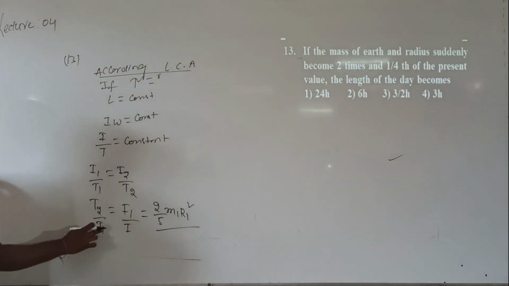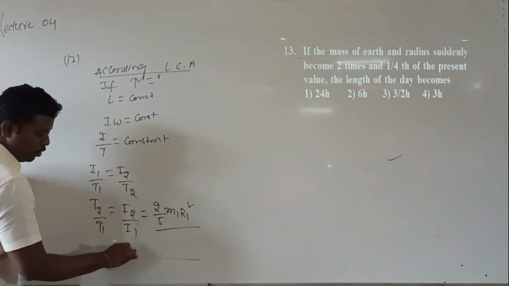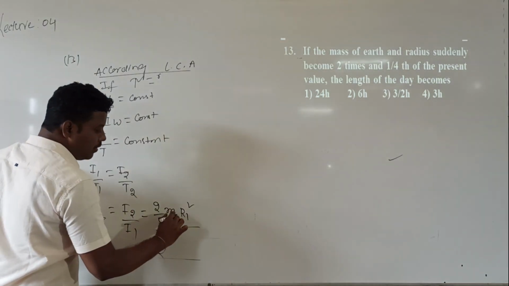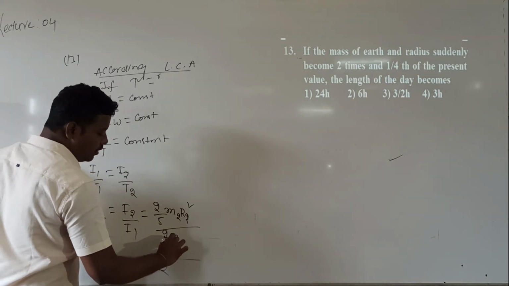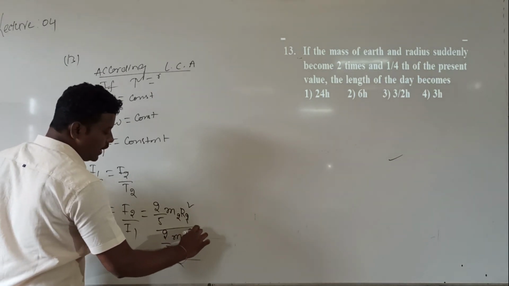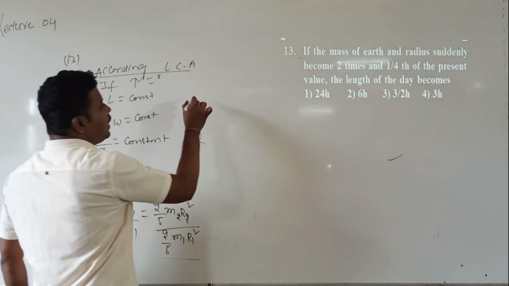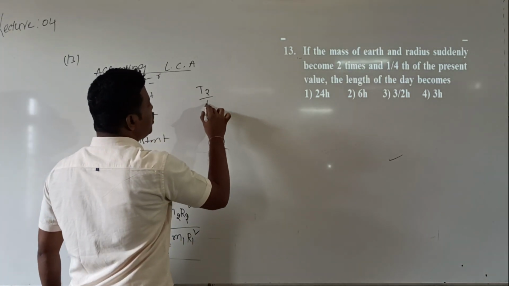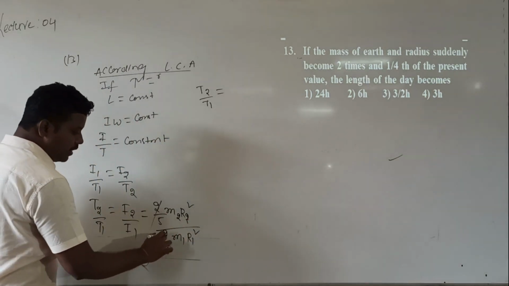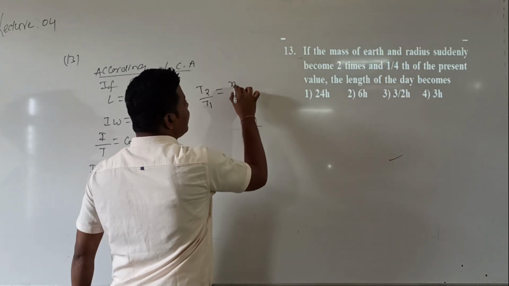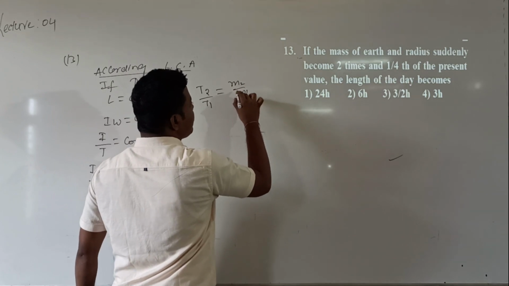Here I call it t2 by t1, then I need to write I2 by I1. So which is the value? m2 r2 square by 2 by 5 into m1 into r1 square. Right? Now what will I get for t2 by t1? The t2 by t1 value is equal to 2 by 5 cancel, so m2 by m1 into,